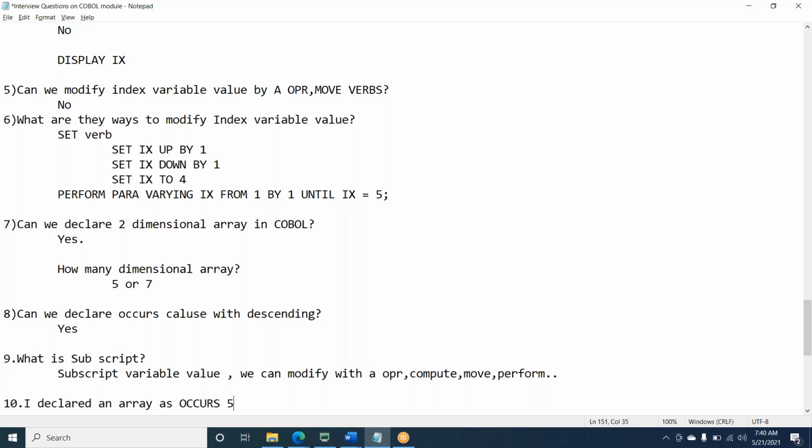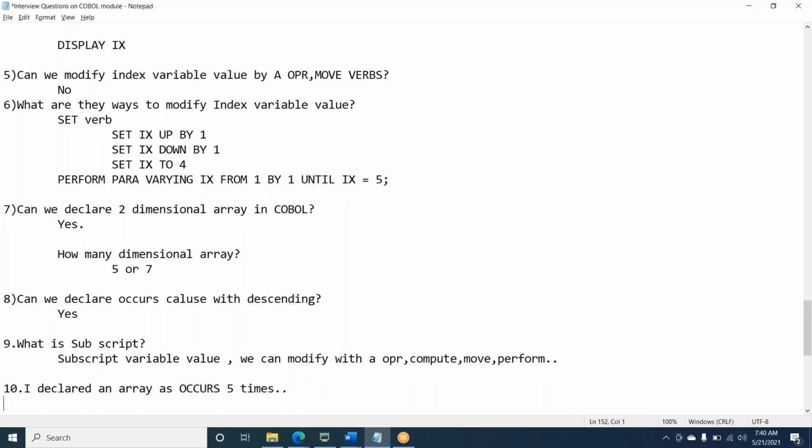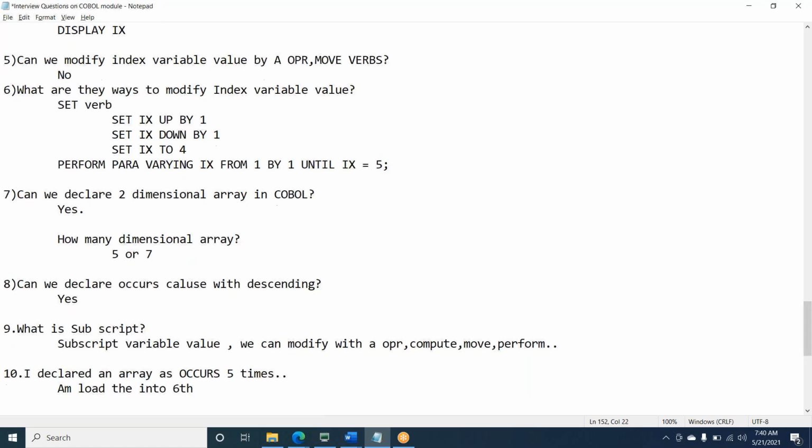I have written a loop to load the data into the 6th one, like MOVE name to the array, let's say WS-NAME of 6. Now, is it valid or invalid while you are accessing?